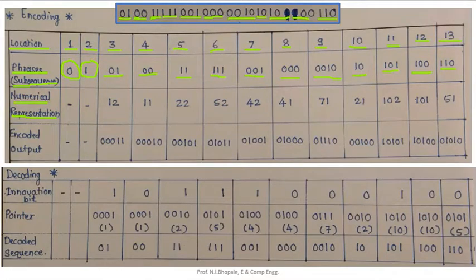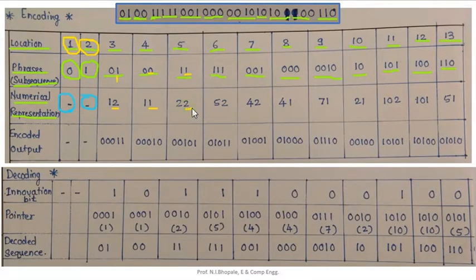So for the third row of the encoding, let's understand: these are the default locations where we need to put the dash, no need to consider them. After that we can go for a simple technique: if this is 1, then I need to write here the numerical representation for this. 1 is stored at location 2, so here I have specified 2. When 0 is there, just concentrate on the last bit of this second row. 0 is stored at location 1, so we have written here 1.